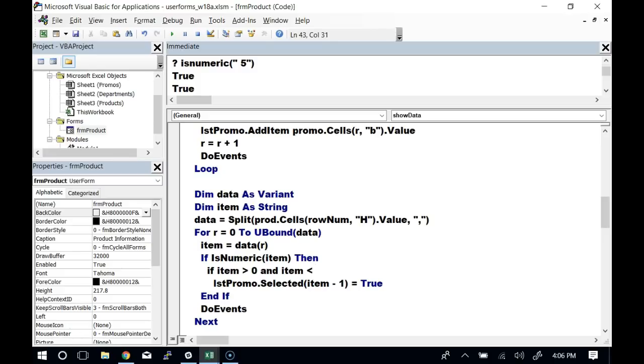We're going to subtract 1 off of it. I think it just needs to be less than list count. It took me a while to think of it. lstPromo.list count. Then